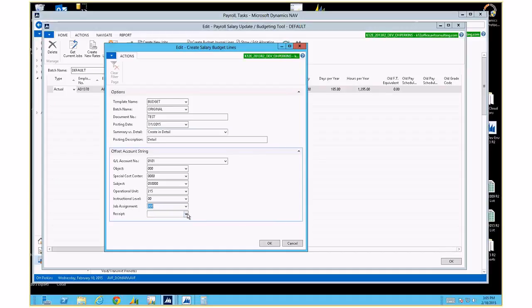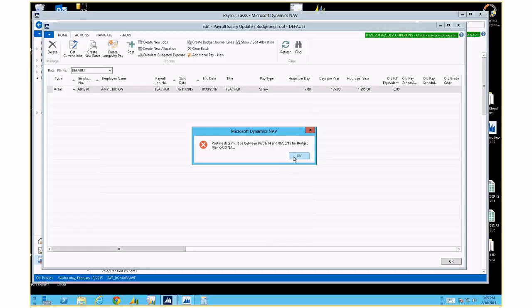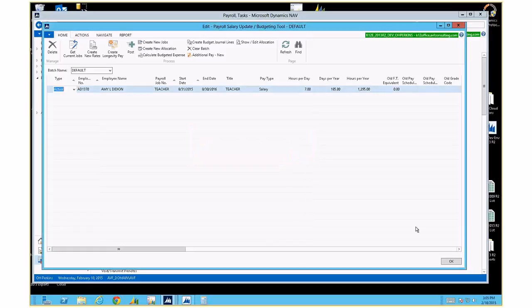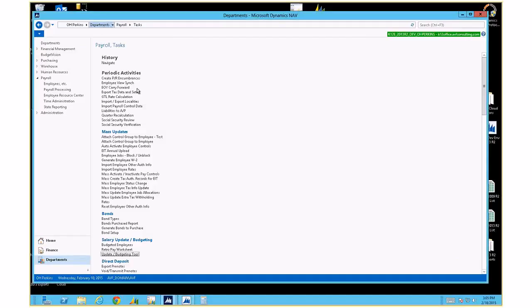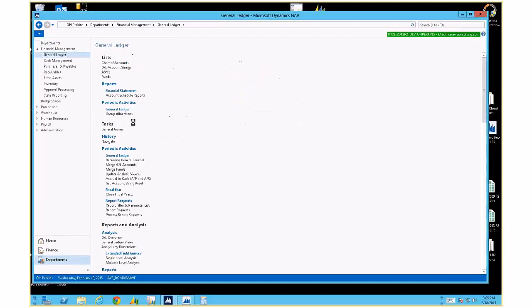I don't know if this is filled in or not. That'd be something you guys would know. So we'll click a button. Posted date must be between whatever. So that is a real issue. That is controlled by the general ledger, by the general journal, by the budget,